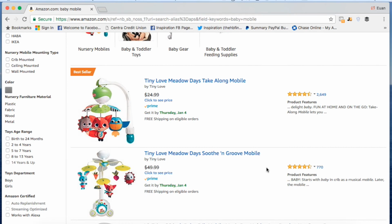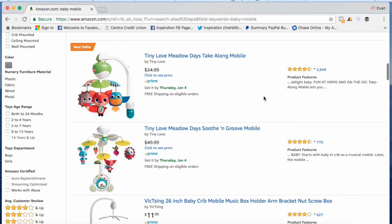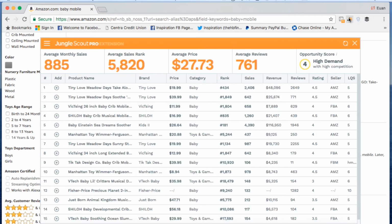So what we've done here is find, okay, we're going to do baby mobile, that's the product that we're interested in, and we want to go further into it. So this is the JungleScout Chrome extension here, and let me just give you a rundown of what this is doing. So this is looking at all the different products that are being returned for baby mobile, and then